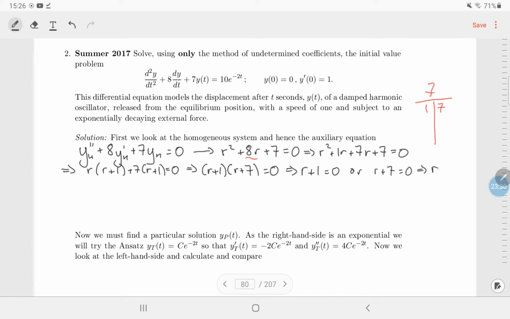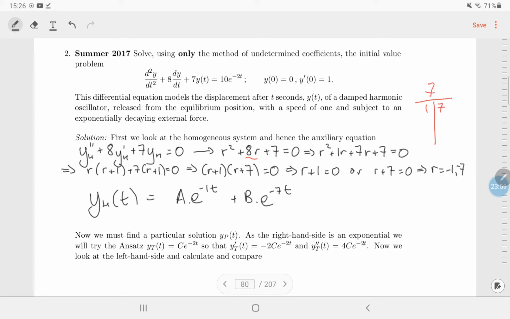So I have two solutions, r equal to minus 1 and r equal to minus 7. Now they're distinct, that's good. So I have the homogeneous solution then, so minus 1 is a solution, so e to the minus 1t. So minus 1 is a root of the auxiliary equation, so e to the minus 1t is a solution of the homogeneous system. Similar story with e to the minus 7t, and you can multiply them by constants and you